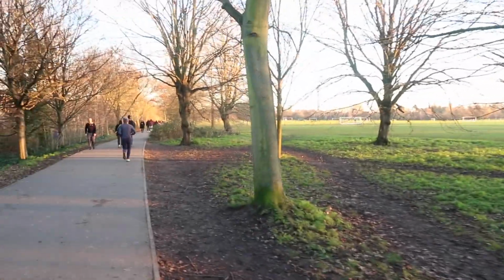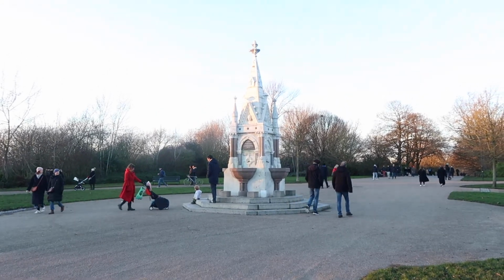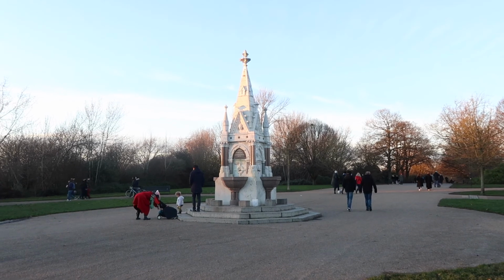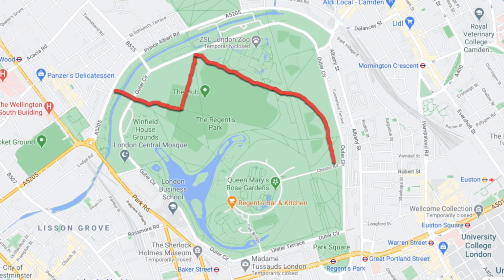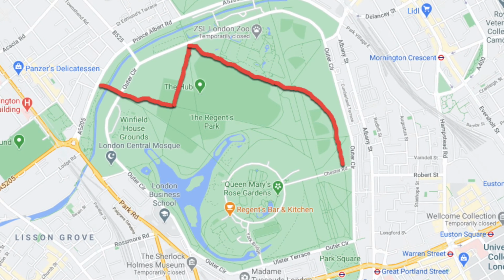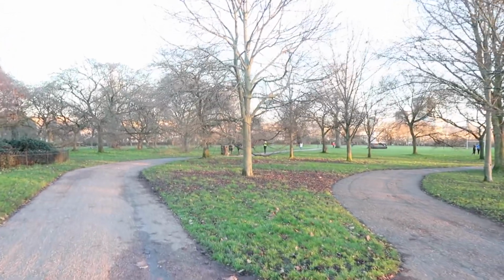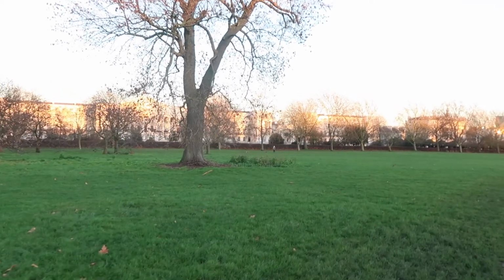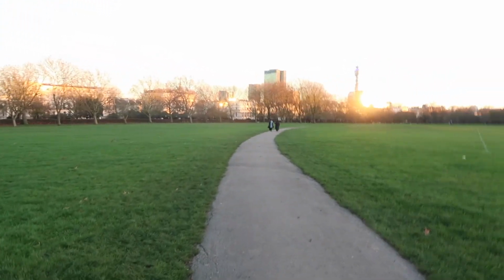But then after walking through one of the middle parts of the park with this pretty pergola water fountain, I then headed onto a very quiet stretch of the park, which is really pretty because you can see the pretty buildings of the outer circle. This part also has tons of athletic fields during warmer months. You get a hint of a sight of the BT Tower, and from there, I cut across to one of my favorite parts of the park, which